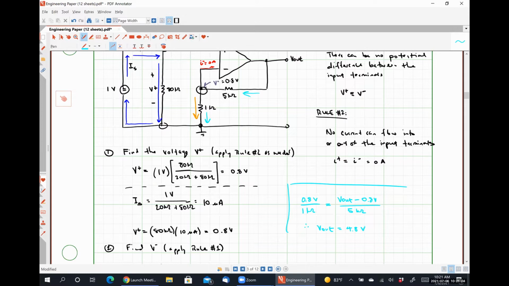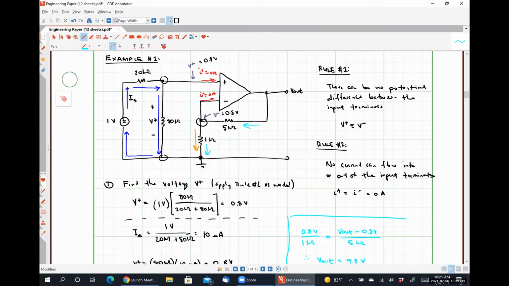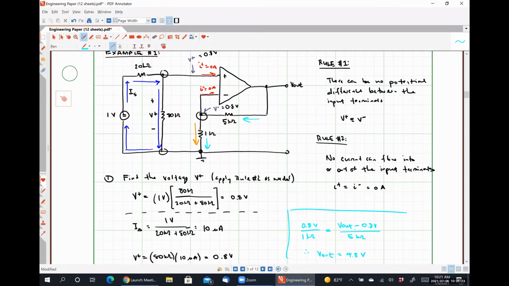How did you know to say that the voltage drop over the 80 kilo ohm resistor was the same as our voltage at that non-inverting input? Fantastic question. So the voltage at our non-inverting input node is a nodal voltage, meaning that it is measured with respect to ground. So